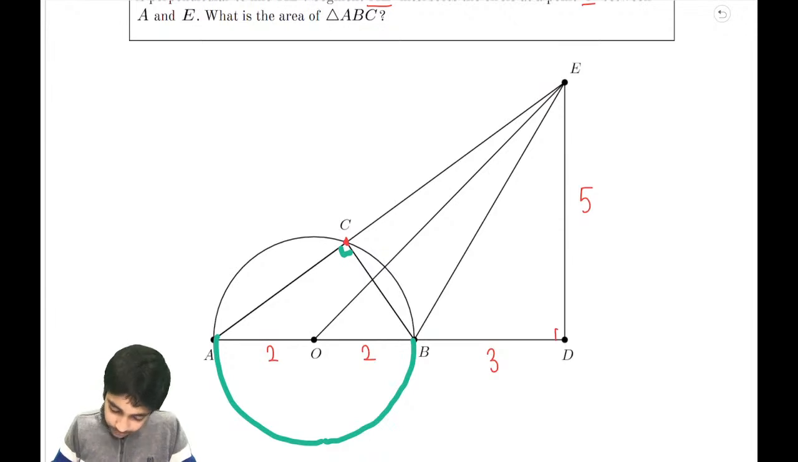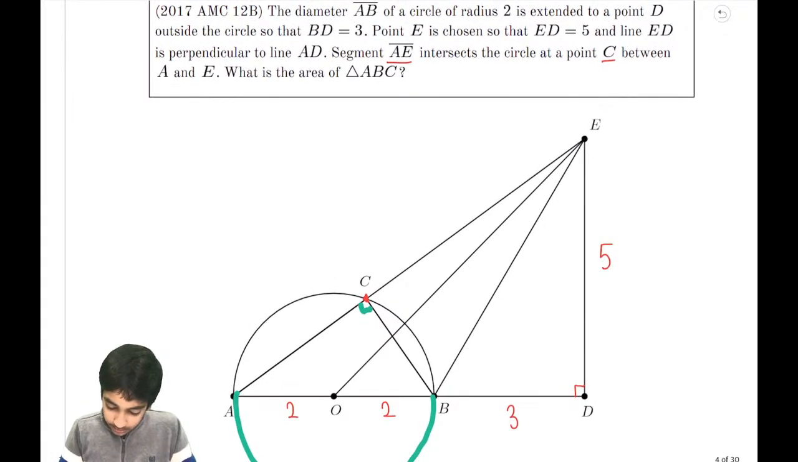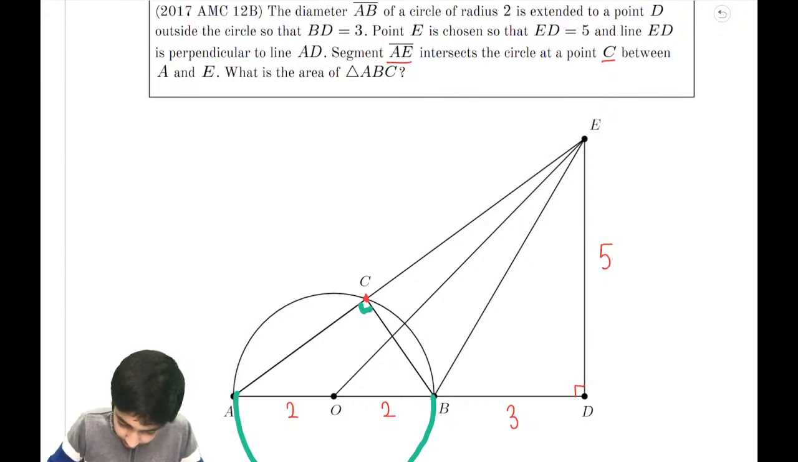We also know this is 90. We're given that in the problem too. So now I'm trying to find the area of ABC. Firstly, what's the ratio? Well, we can see the triangles